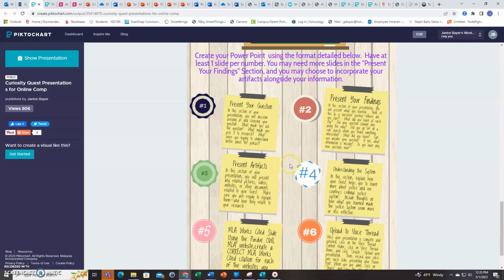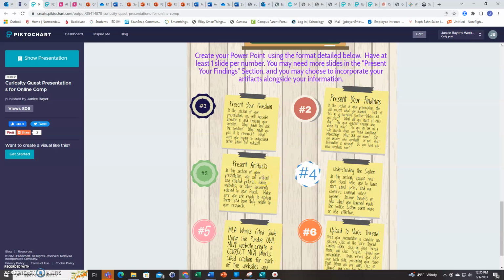Now these can be either presented together or separate. You might present all of your sources and the information you learned and then present artifacts. So these could be videos, screenshots, pictures, anything related to the documentation of your quest that'll help us understand everything better. So for my quest specifically, when you look at my sample, you'll see that I have the actual judges' orders that were published online, and those are my artifacts to back up the research that I did. But you could either present them at the same time, or you can present again all of your findings and